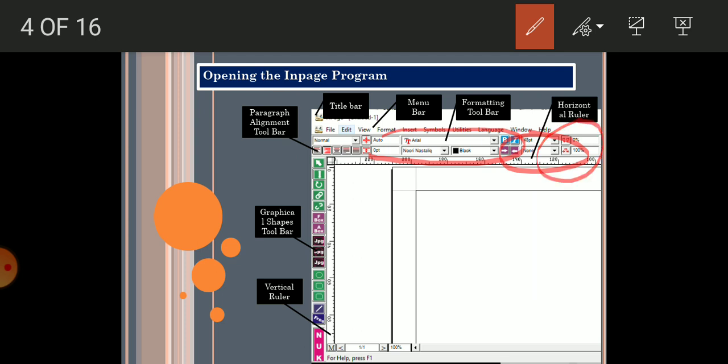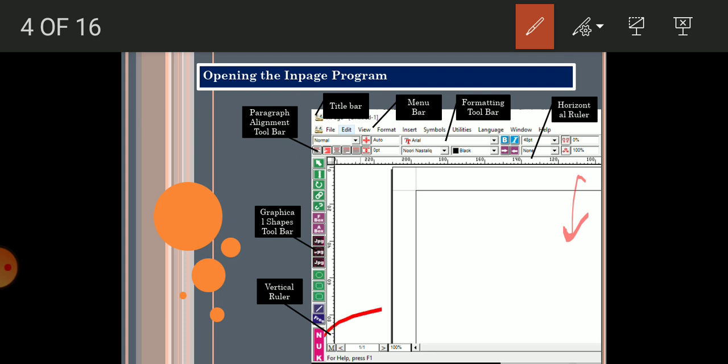Here is the option where you select the text style. Noori Nastaliq is the default style selected for you for typing Urdu text. Urdu text we start typing from the right side of the document. Some of the part is skipped in the screenshot. When you click here, the cursor will blink and start from the right side. You can also change the sides in the text editing menu.